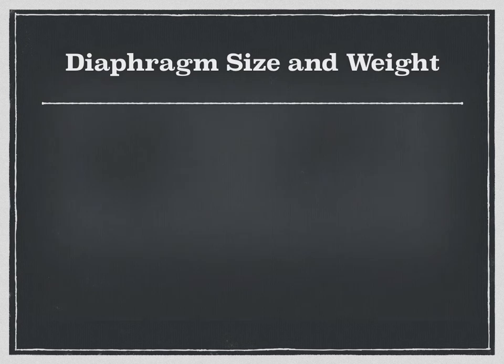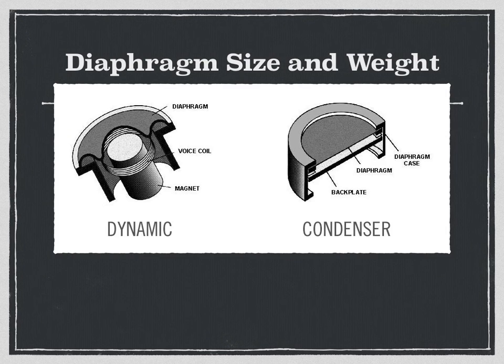The first feature we want to look at is the diaphragm size and weight. Most dynamic microphones have a heavier diaphragm than condenser microphones. Condenser microphones have a much lighter diaphragm, and this has implications for some of the qualities and features of each microphone. The lighter diaphragm in the condenser microphones means that they are generally more sensitive to sound around them, and